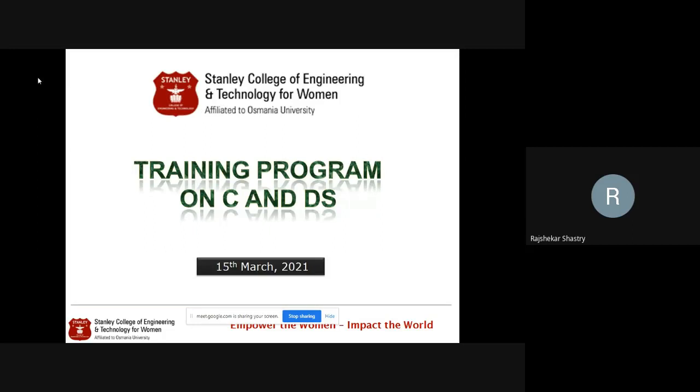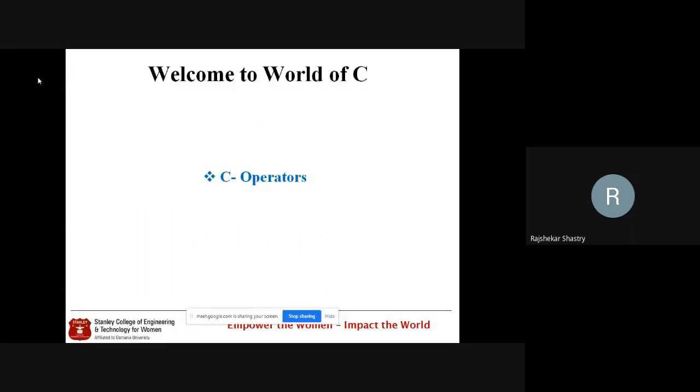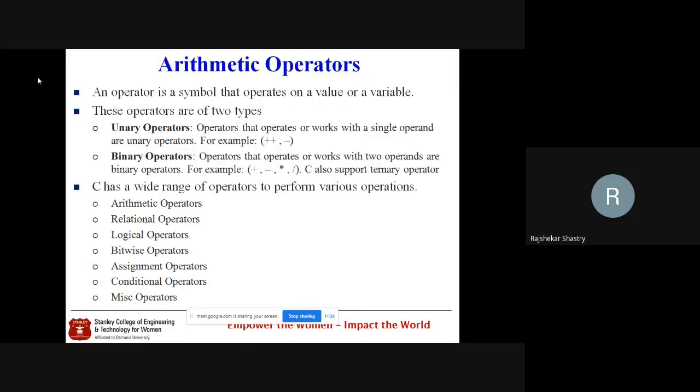Most of the operators we are familiar with, since we already used these operators in mathematics. For example, if you talk about the arithmetic operators, we know every operator. The thing is that in mathematics, we write them in a different way, with the same meaning of operators. Of course, they are available in C language, but while using them, we use them slightly differently. So that's our topic today, that is about operators.